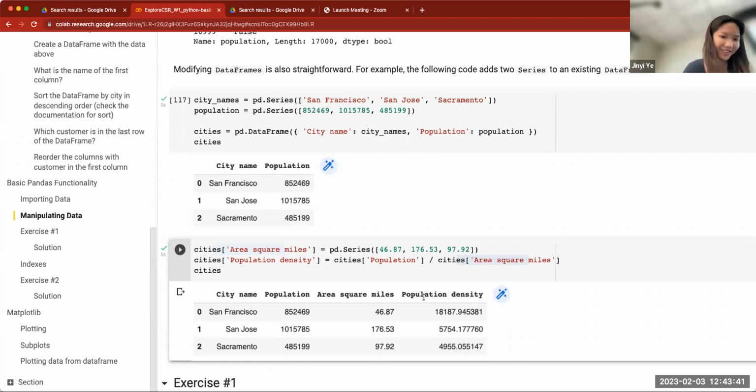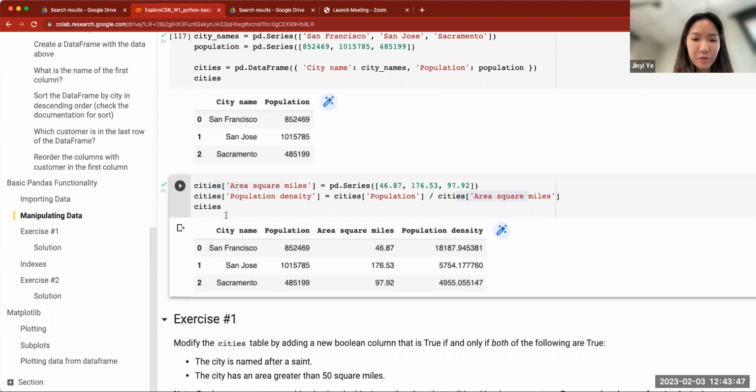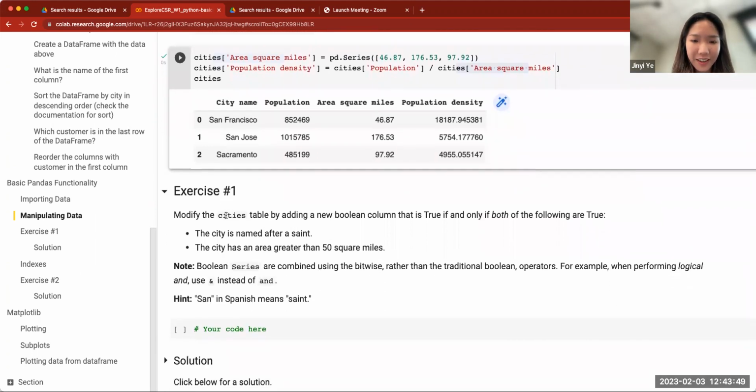Now come to the exercise. Using this data frame, the first question is a little bit difficult. We want to know whether the city is named after a saint and whether the city has an area greater than 50 square miles. So we are using 2 conditions. The first condition is named after a saint, and there's a hint that San in Spanish means saint. So if the city name starts with San, then it is named after a saint. And